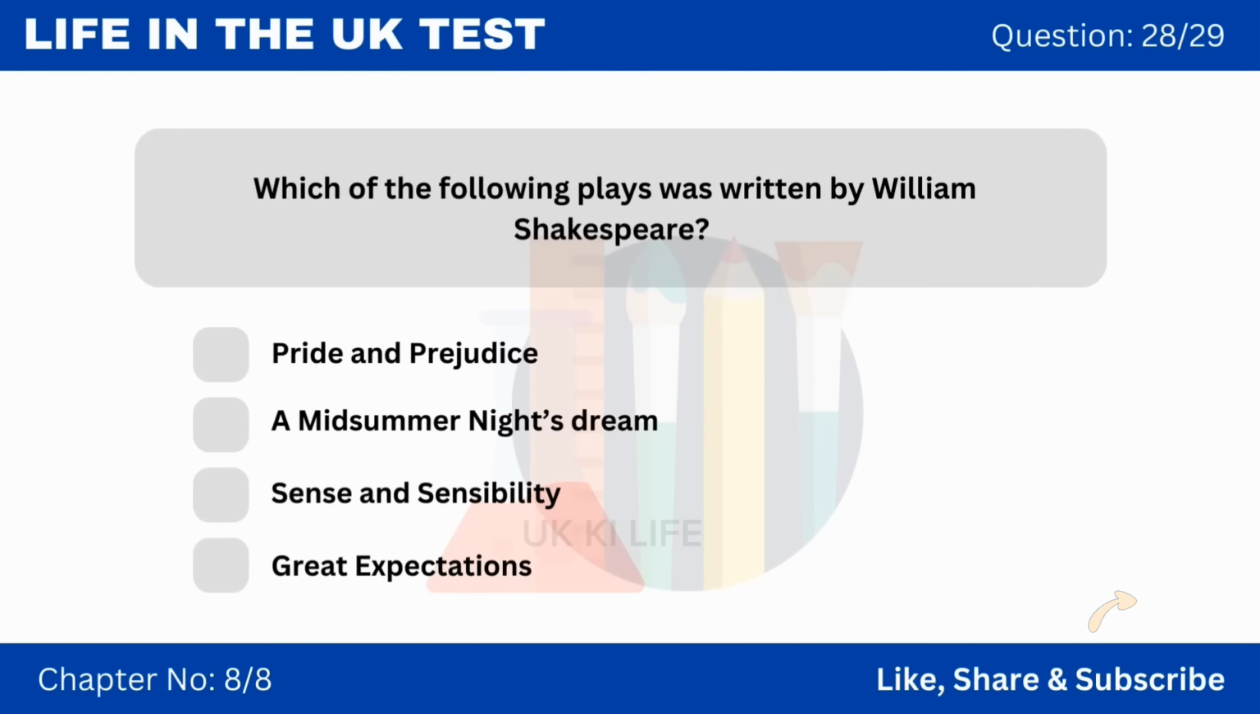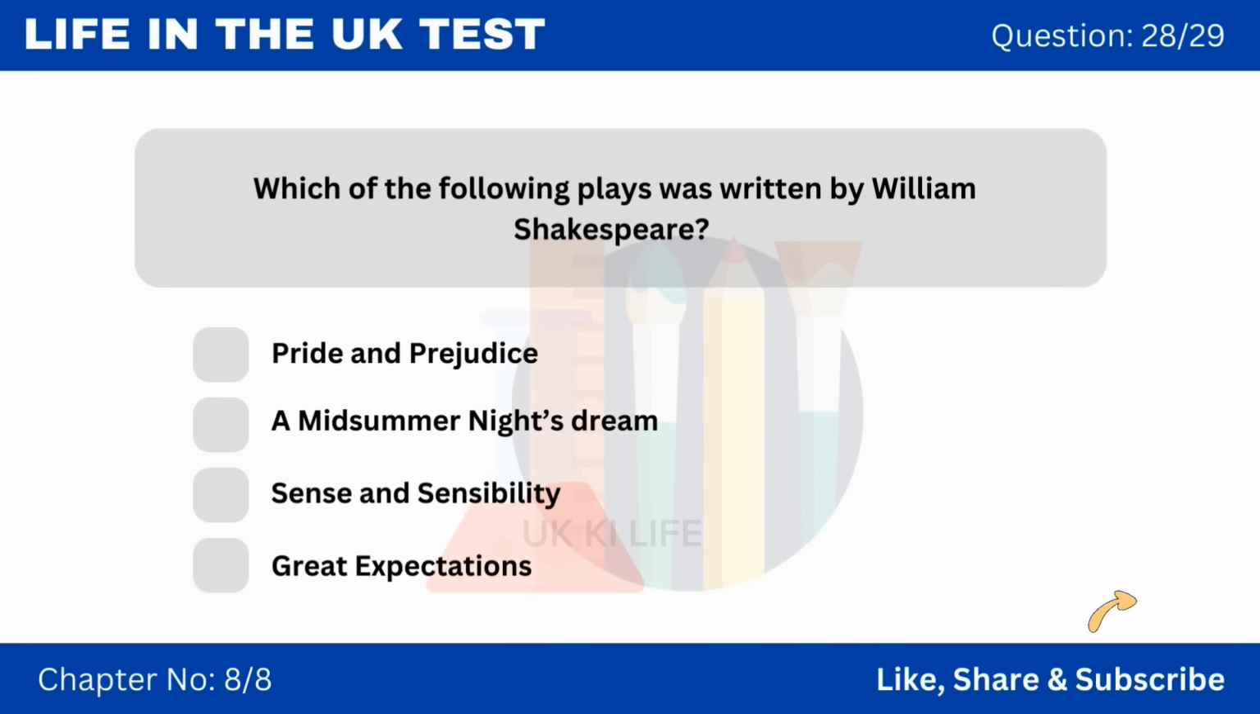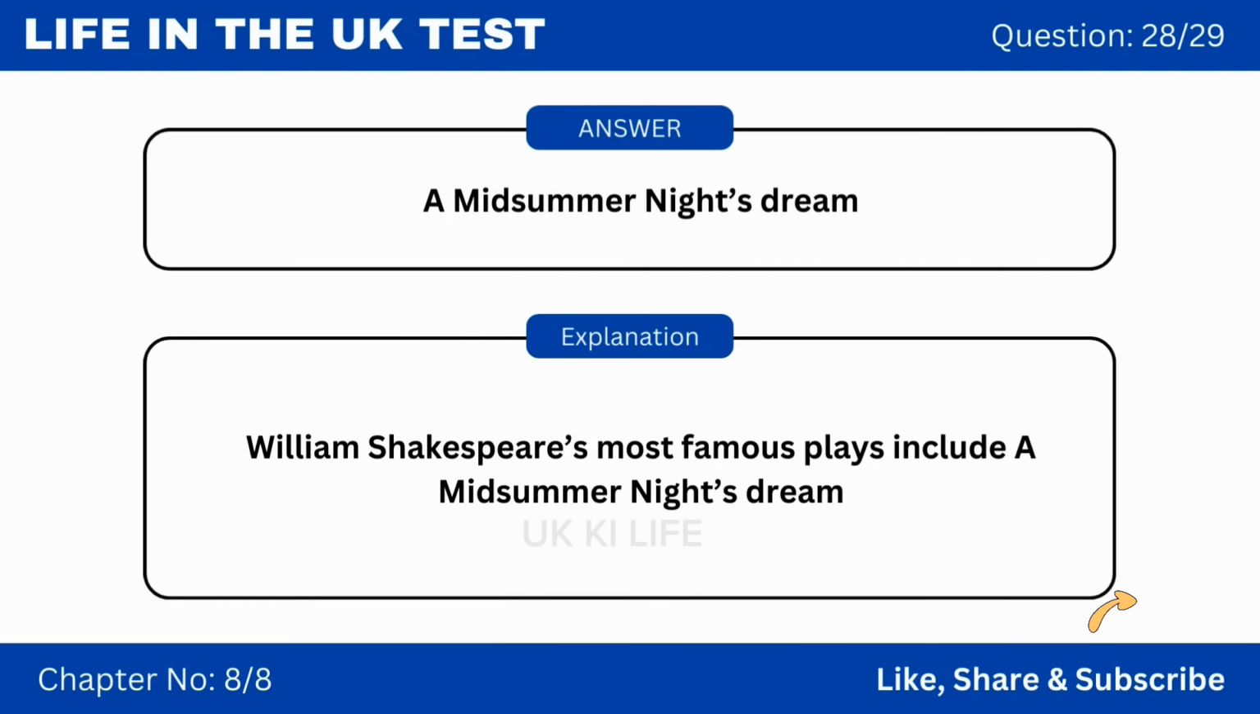Question 28. Which of the following plays was written by William Shakespeare? Pride and Prejudice, A Midsummer Night's Dream, Sense and Sensibility, Great Expectations. The correct option is B. Explanation. William Shakespeare's most famous plays include A Midsummer Night's Dream,